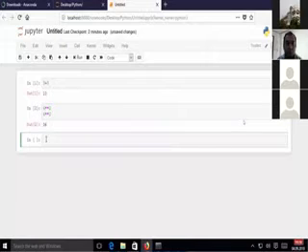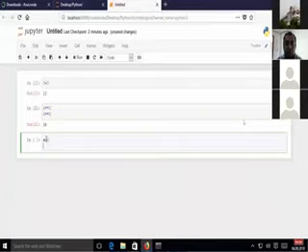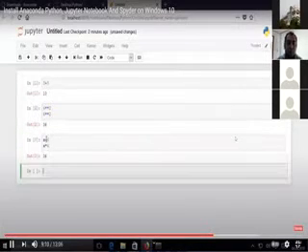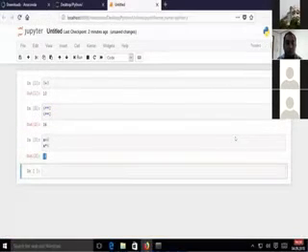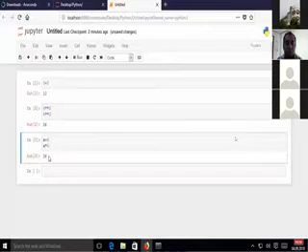Okay, so this is used, for example, if you declare a variable x equal to 6, and then you want to multiply this x by some number, let's say 6, and then when I press Shift Enter once again, this will be evaluated. So in order to evaluate a command, you need to press Shift Enter.